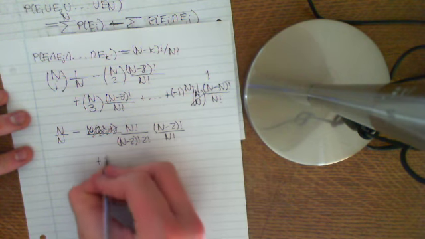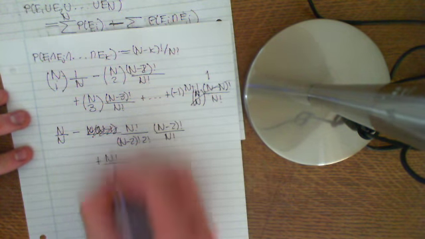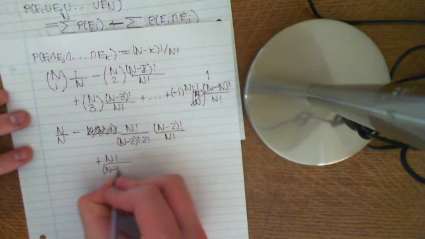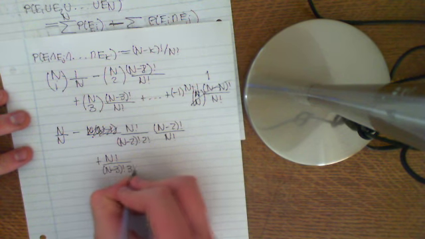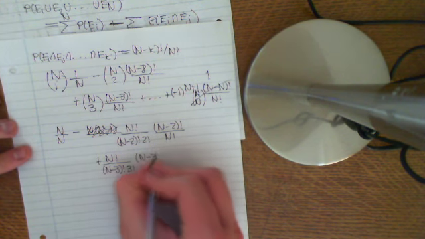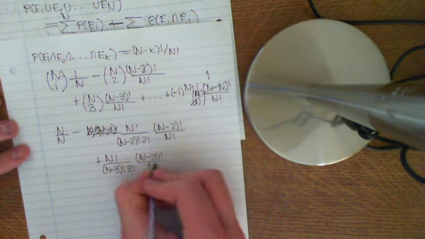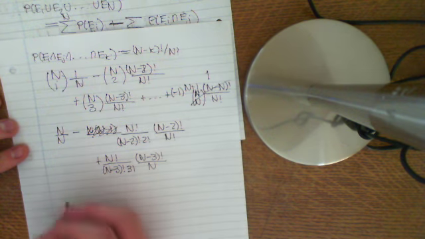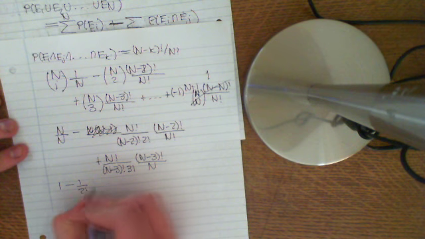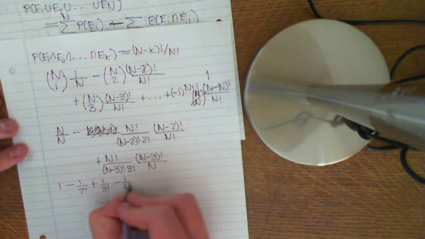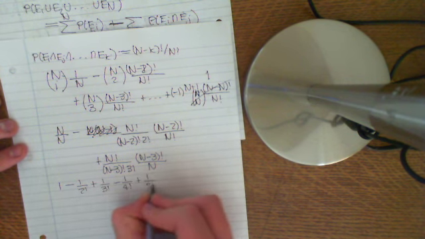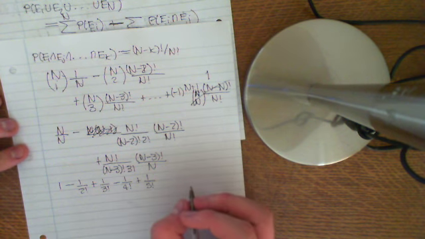Then we've got plus n choose 3 now, which is n factorial over 3 factorial times n minus 3 factorial, times n minus 3 factorial over n factorial. And you can see the pattern. These are all going to cancel, and what we're overall going to get is 1 minus 1 over 2 factorial, plus 1 over 3 factorial, minus 1 over 4 factorial, plus 1 over 5 factorial, all the way down to